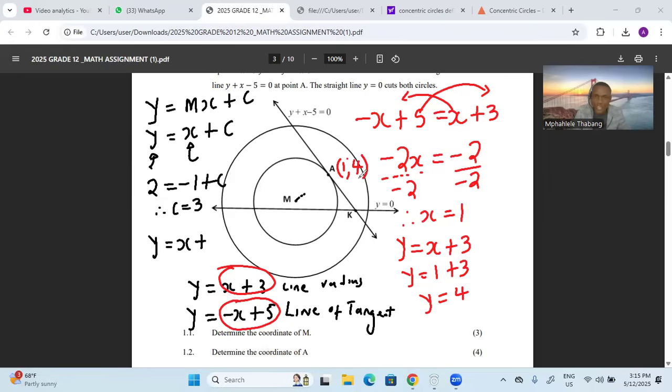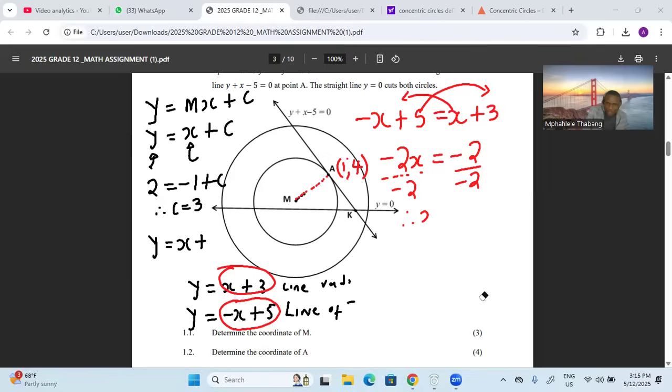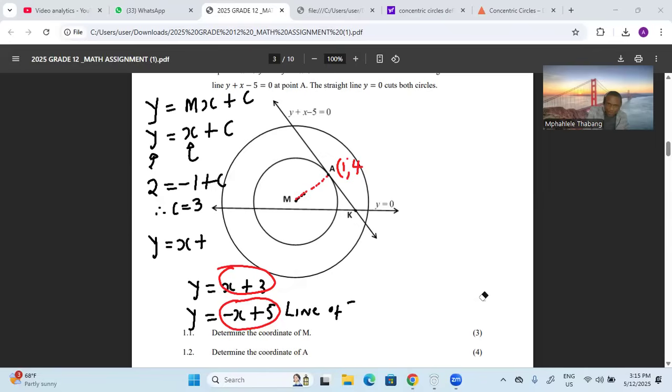The coordinate of A, it's 1 and 4. It was the point of intersection of a radius and the tangent. That was a key concept. Okay. Before I go to 1.3,